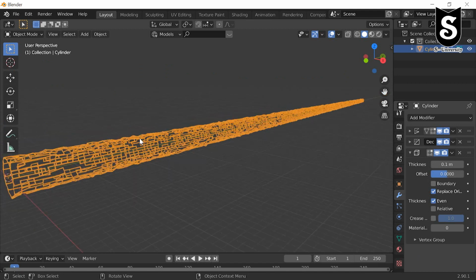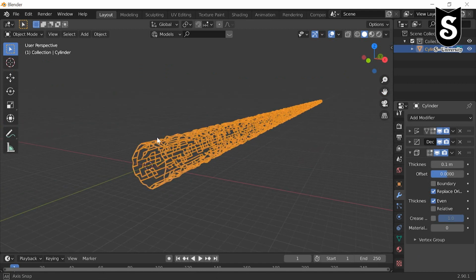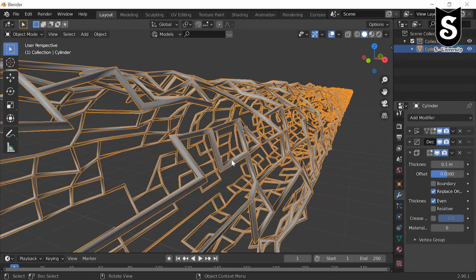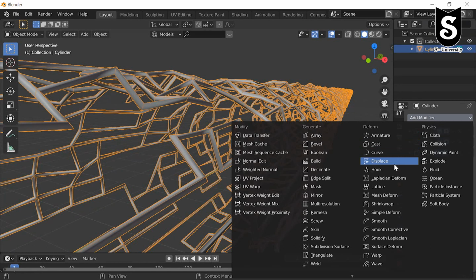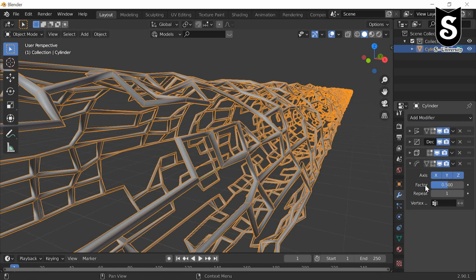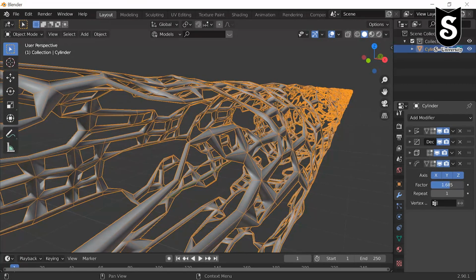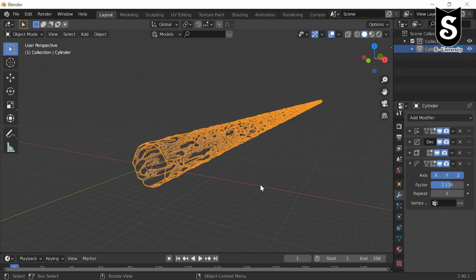Now it looks pretty good. We can change it anytime we need. Now go to another modifier, smooth. Make it smooth. Now it looks good.